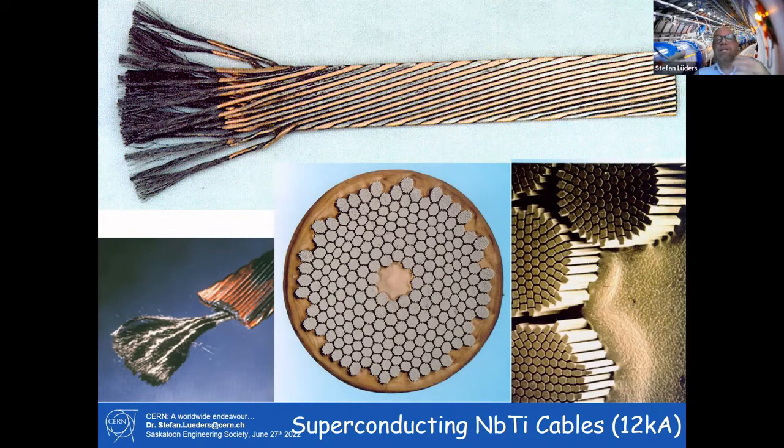Because what is the difference? What is superconducting? In principle, if you take your cable, it's a lattice of atoms, like copper, for example. In a normal cable, the electrons are going through the cable and they're hitting the atoms left and right. And every time they hit the atoms, they create some heat and the cable is heating up. This is called resistance.